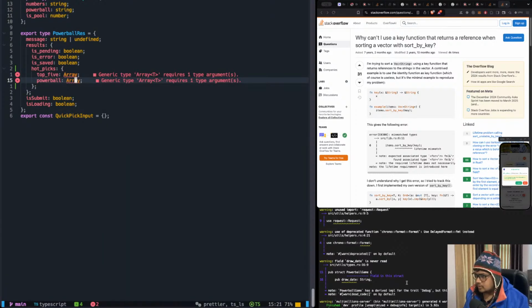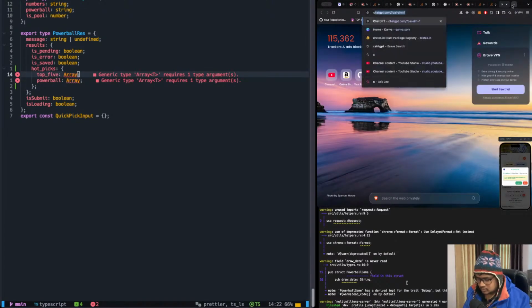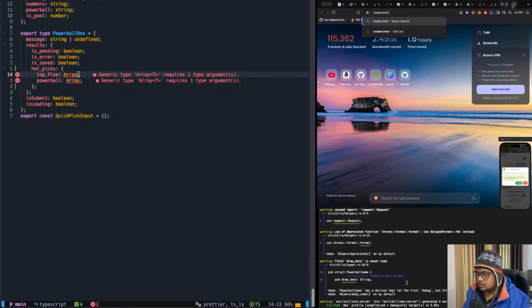Requires one argument. So what we can do over here? Create interface with array type in